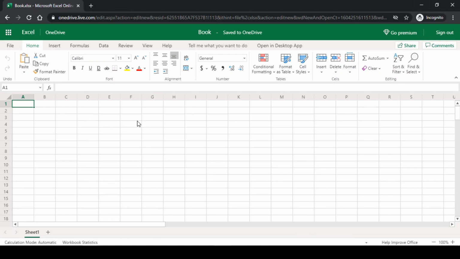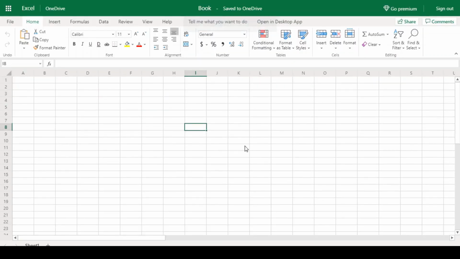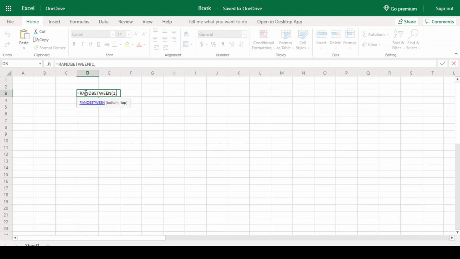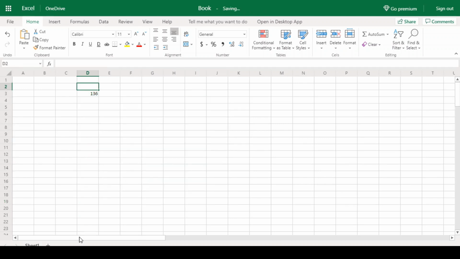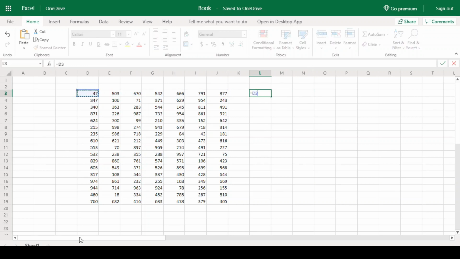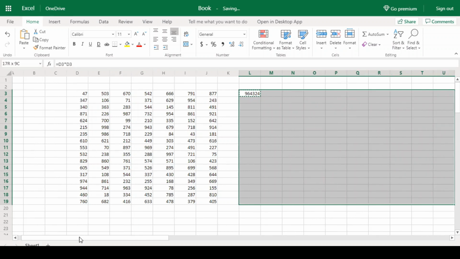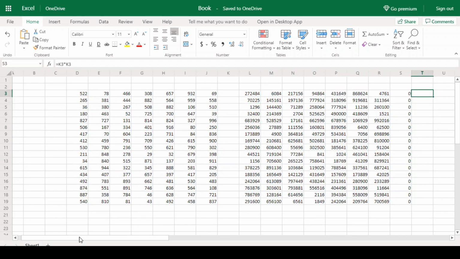Now let us enhance our experience more by going in full screen. We'll just click F11. And now no one can even guess that we are working on an online version. Let us work for some time in this worksheet to check if there is any latency in working. The experience is pretty much as if we are working in offline Excel. And we can see here there is no latency or delay in the result or processing.